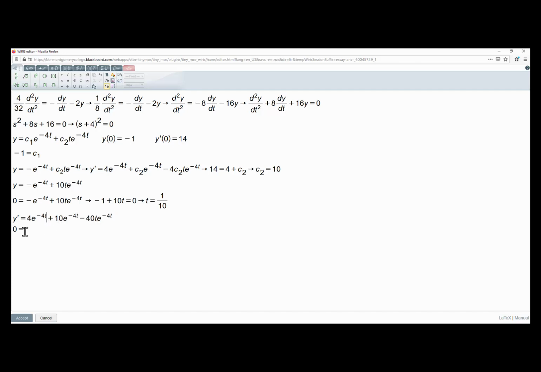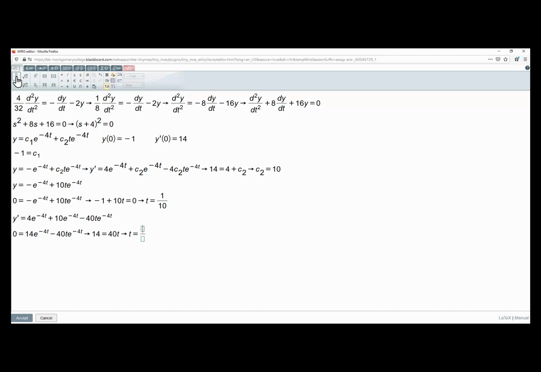Okay, so we got this, and actually just to carry less load, let's get this out, because 10 plus 4 is 14, and again as before, e to the negative 4t will cancel out here, okay, and we know that cannot be 0. So here 14 equals 40t,